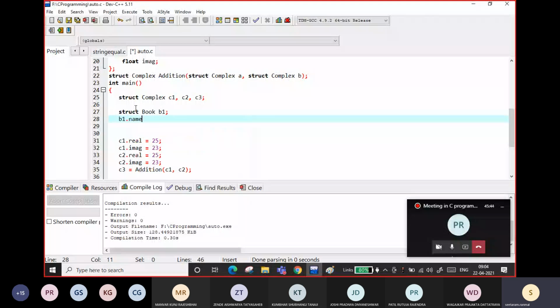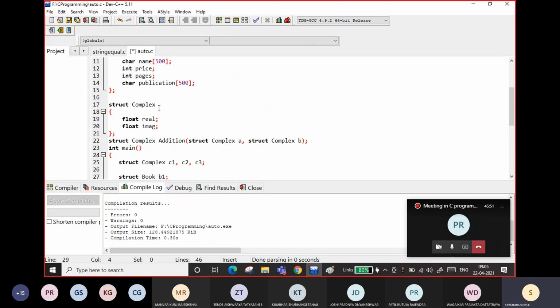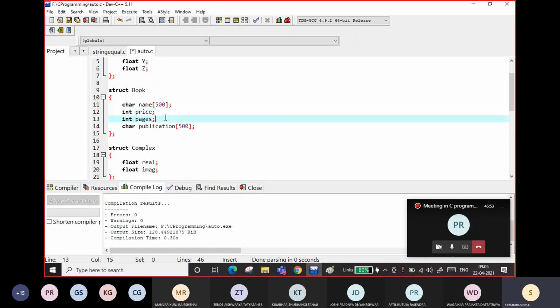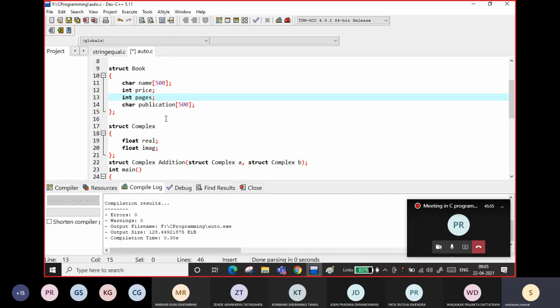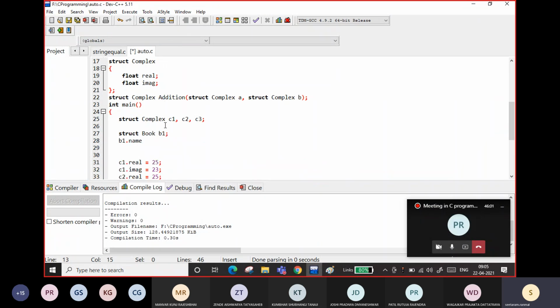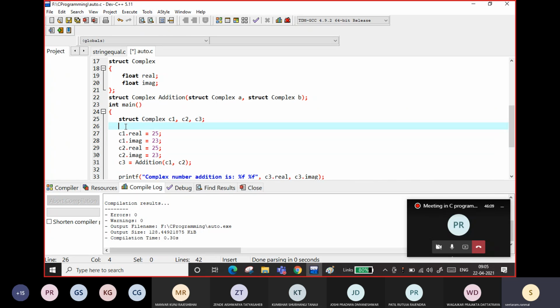So in the name you can store the name of a book. This is available to you, which means you don't have to define them again and again. Once you take one variable of book type, you will have these four variables attached to it, and you can access them using the dot operator. So this is the advantage of this. So this is called a user defined data type.